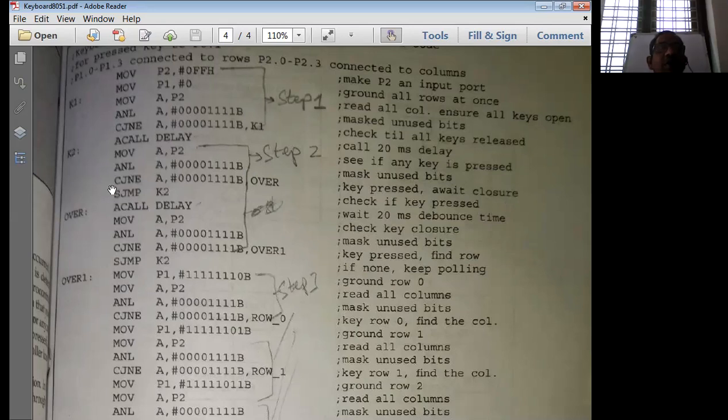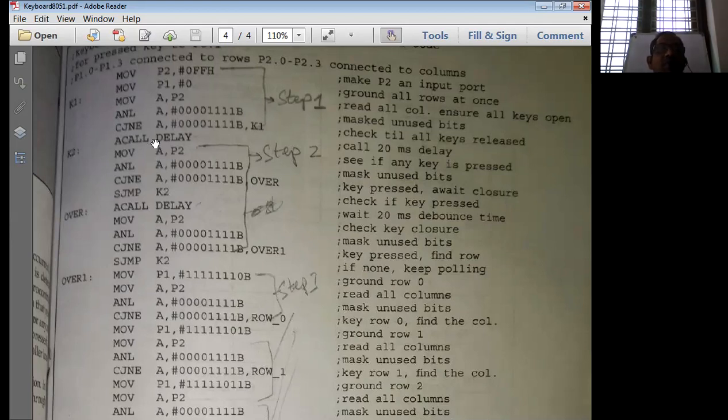Now I check the condition once again: jump if not equal to 0. If it is 0, these two are the same, meaning no key is pressed. The control doesn't go to the jump instruction; it comes to the next instruction, which is a short jump to K2.